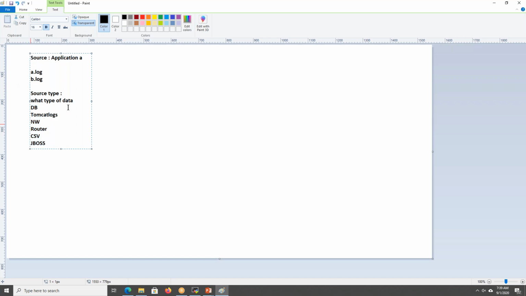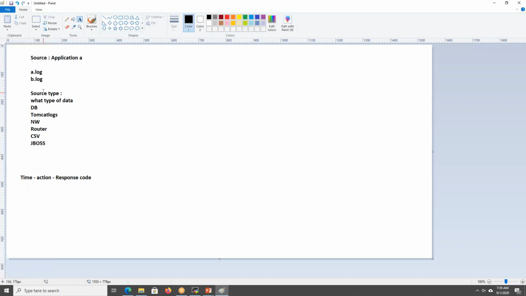The action can be a GET request or a POST request, and then you have a response code. Each log displays things in a different pattern, so based on the source type, Splunk will recognize, okay, I have this response time here, so I can create a field out of it.